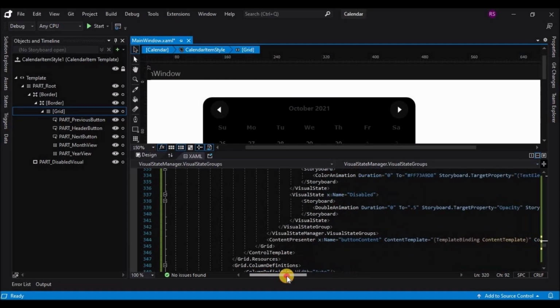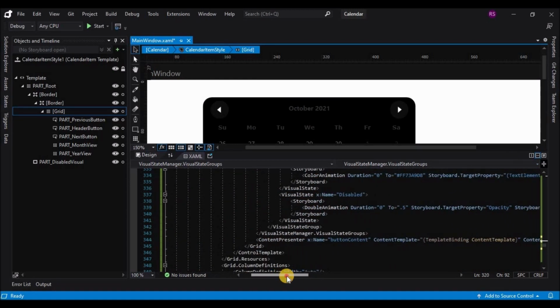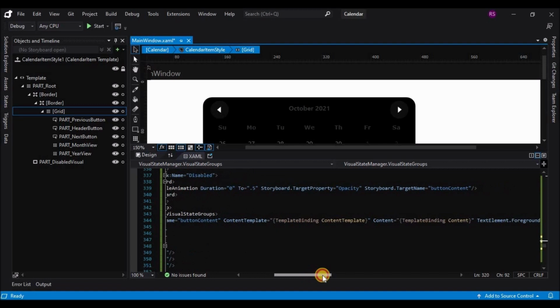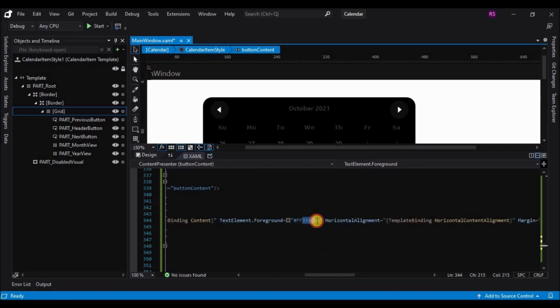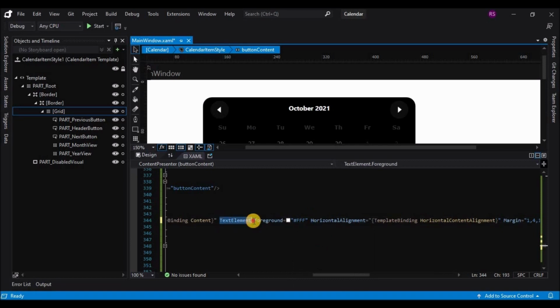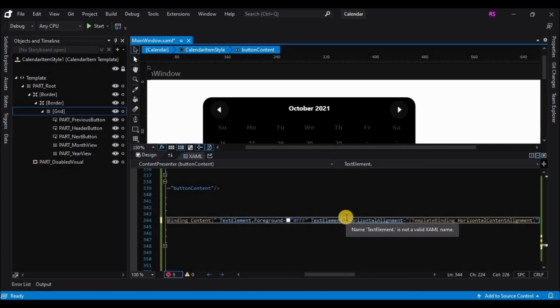Now let's move on to the header template style. And if you scroll down, you'll see that we have a content presenter, and in that content presenter we'll have to change the foreground to white. And also you can use the template text element property to set the other properties like font size. Here I'm setting the font size to 14.